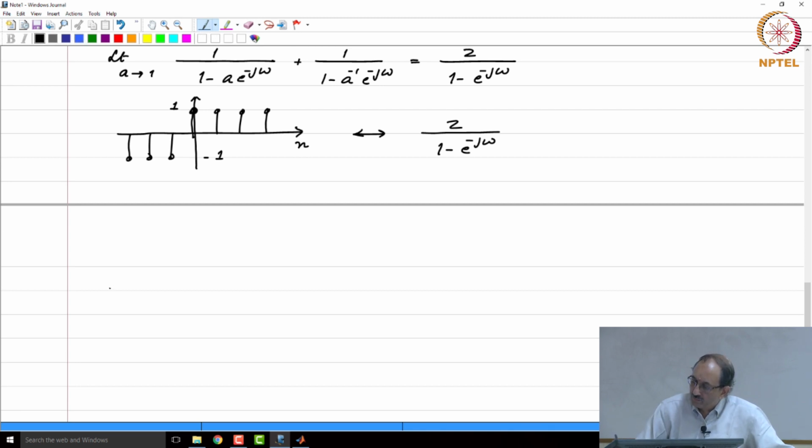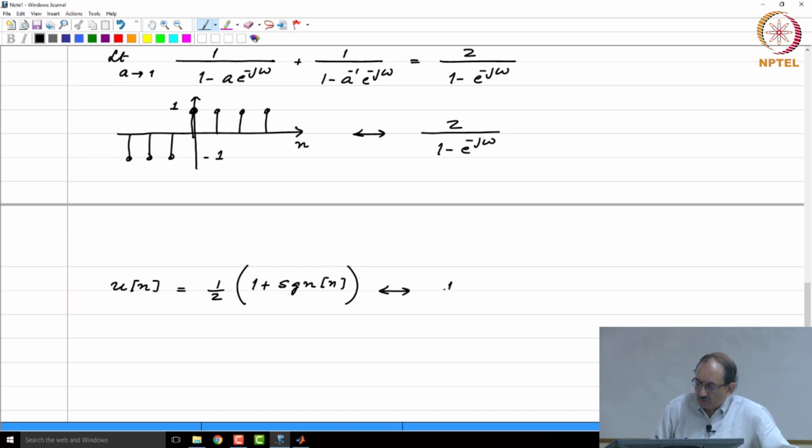So, now we will look at u of n. So, this is nothing but 1 plus Sgn of n. If you did 1 plus Sgn of n, this will be 2 times u of n. Therefore, you really want half of this. Therefore, this now becomes 1 by 2, and the